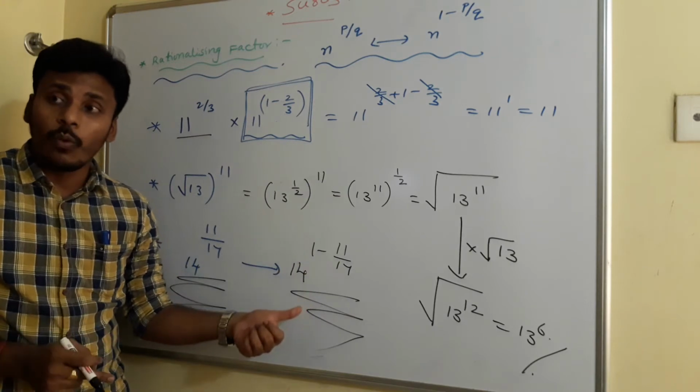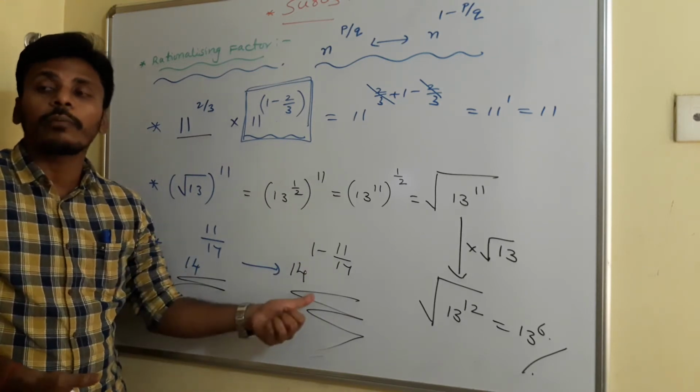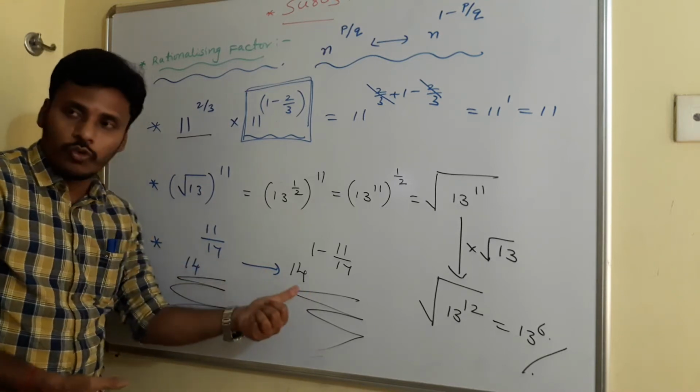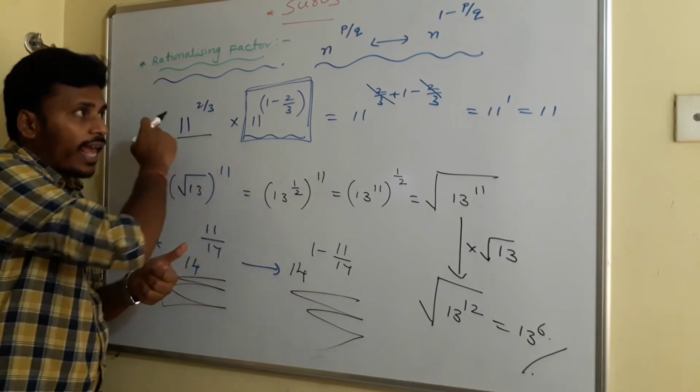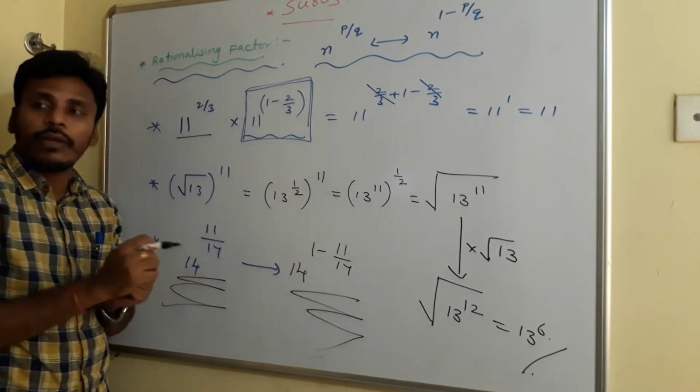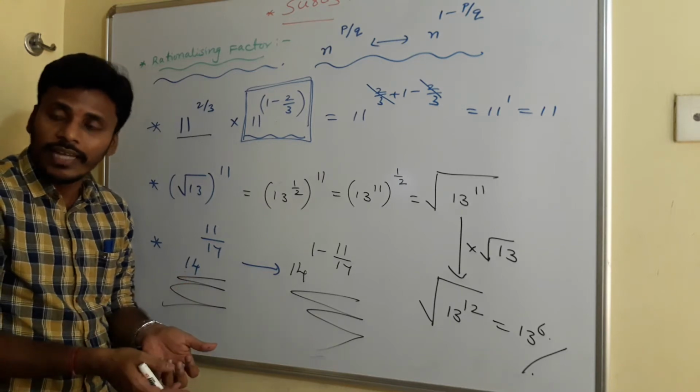And now I have to check whether it is right or wrong. To check, what do I have to do? I need to multiply these two. If you multiply these two, since the base is root 14, add the powers. Like this example, the power will become 1. The answer is 14, a rational number.